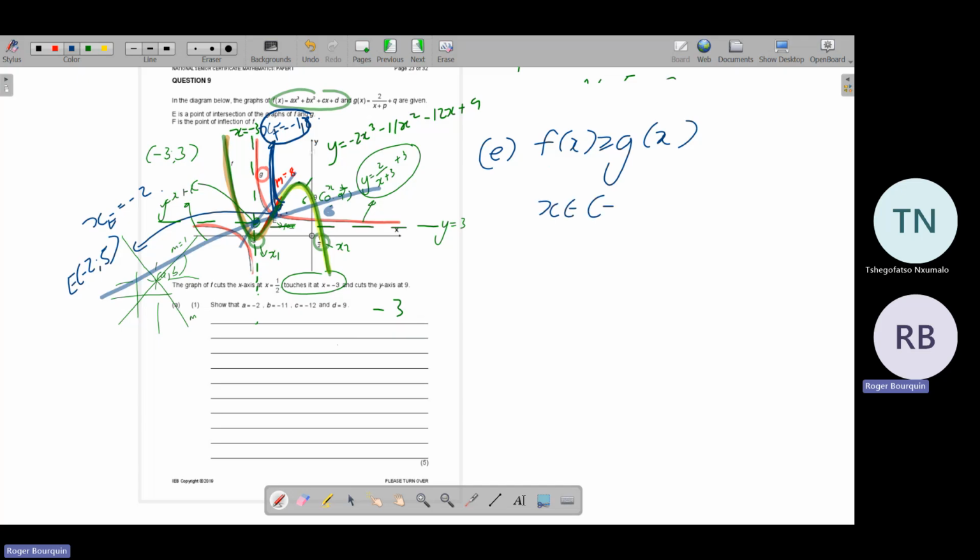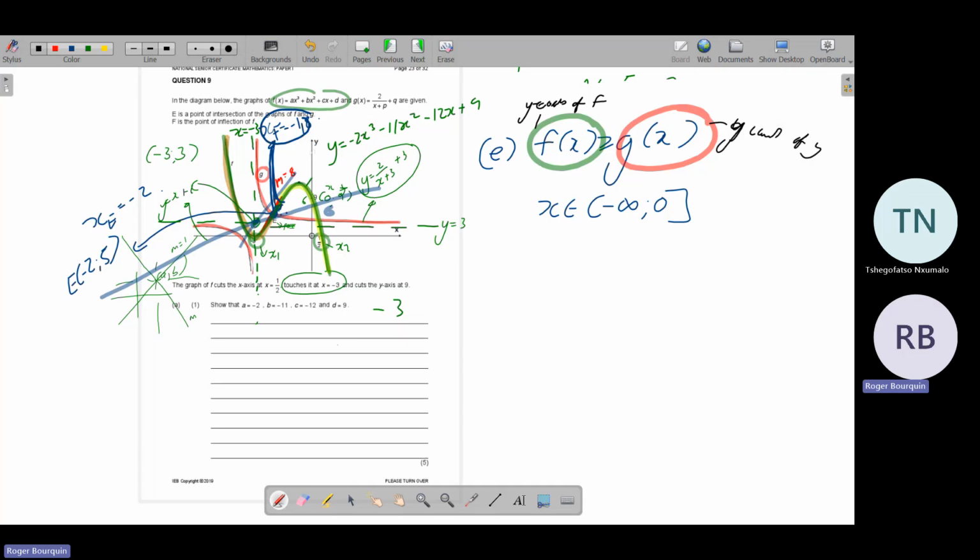Between negative 3 and E, that G is G is oh yeah, I thought it was G is greater